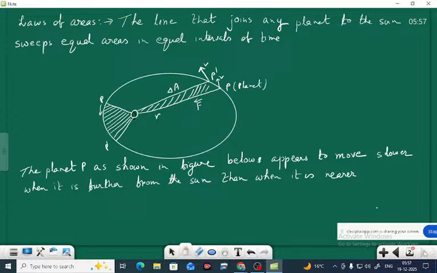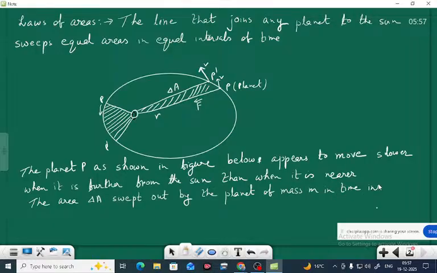You can find the area swept out by the planet of mass m in the time interval del t, which is given by